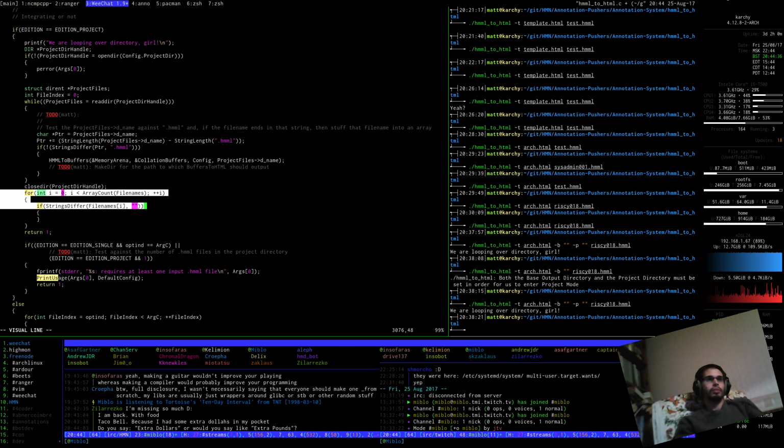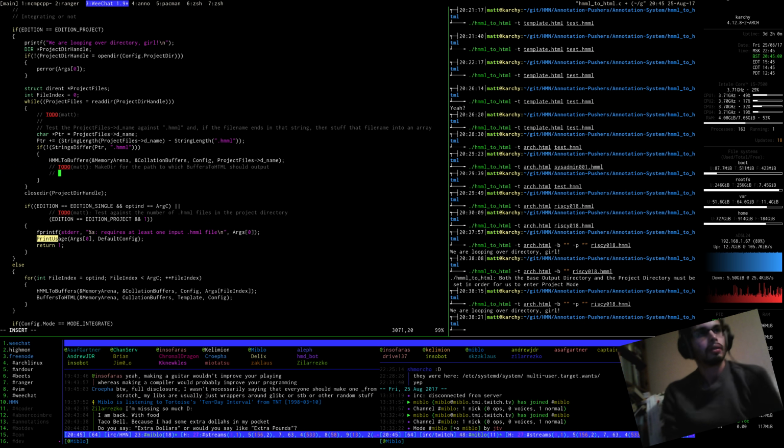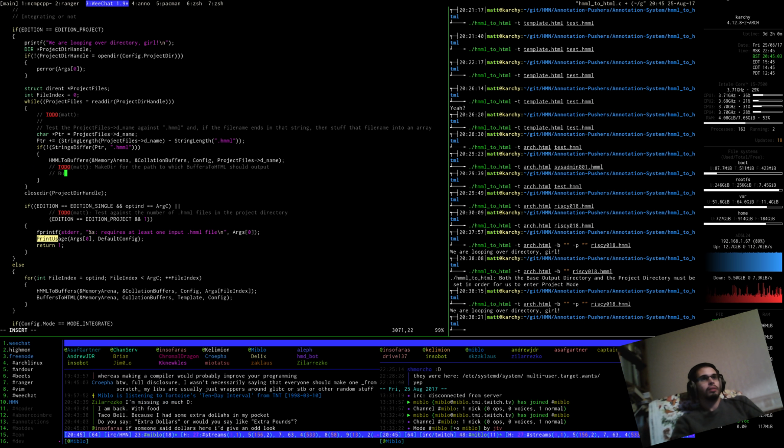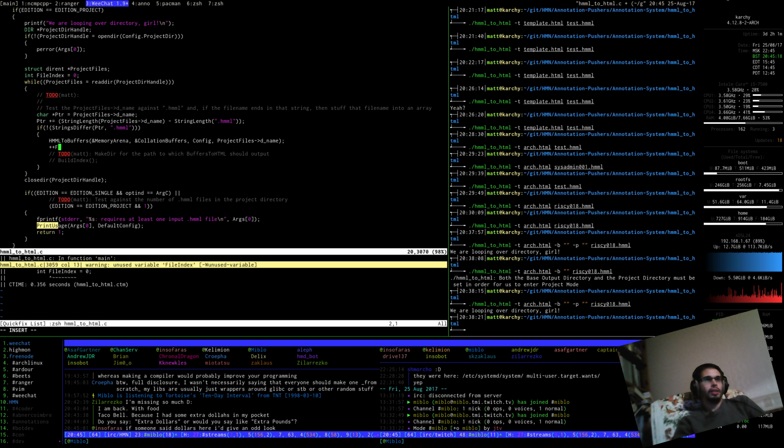And I don't need this loop because I'm not stuffing them onto an array. And we also need like a build index file. Okay, so yeah, let's just increment the file. Let's kind of keep this thing around,